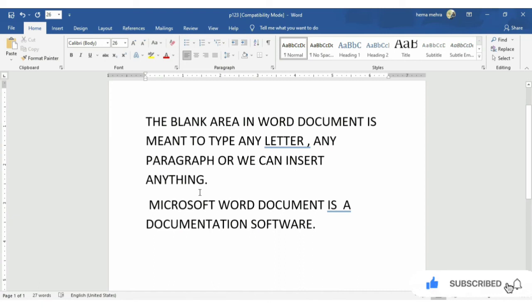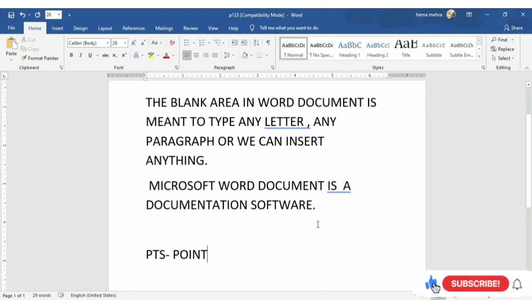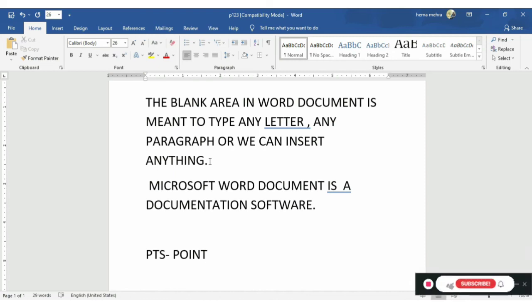When we press the Enter key to start a new paragraph, an extra 10 PTS is added. Now what is the full form of PTS? PTS is basically the short form of points. When we create a new document and press the Enter key to go to the next line, the space of one Enter key is equal to 10 points, that is, 10 points are added by default between the new and the previous paragraph.